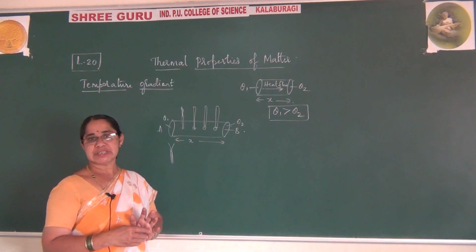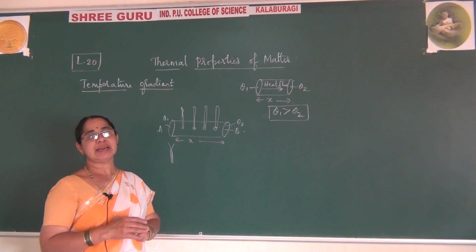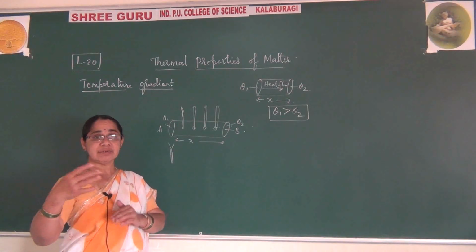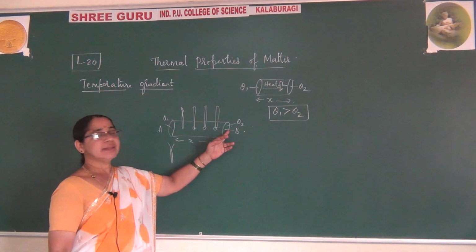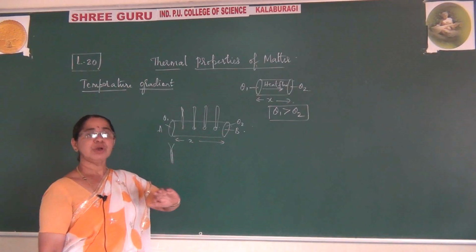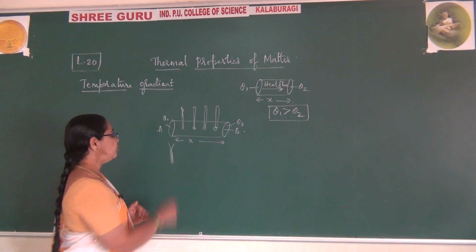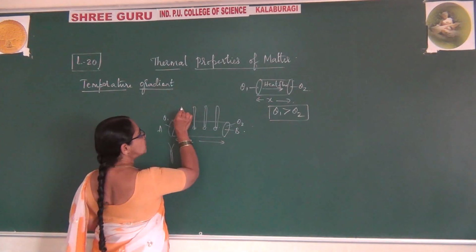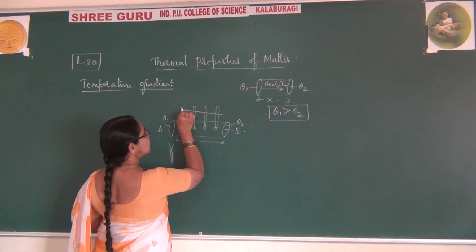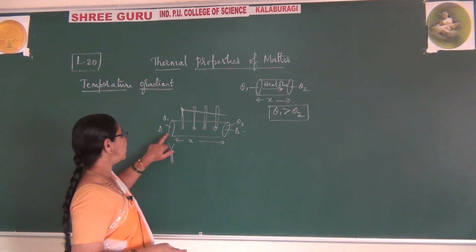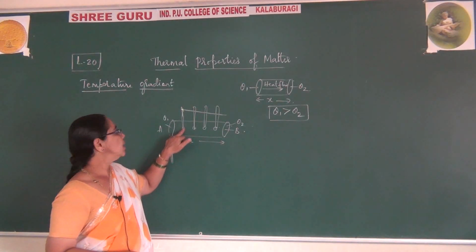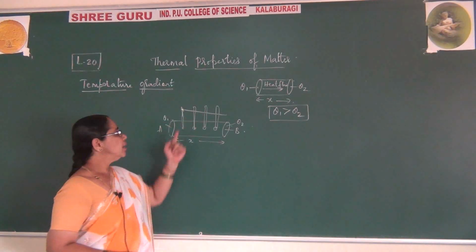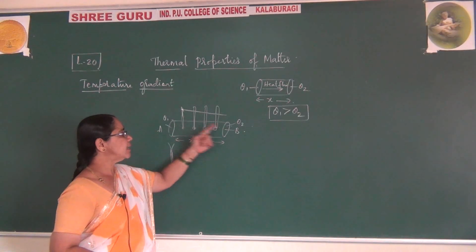The nearer molecules gets vibrated with larger amplitude. They disturb the neighboring molecules, and it continues like this up to the end, and the heat conducts. This you know as the concept of conduction. If you observe, after some time interval when it attains steady state, the temperature here is greater because it is nearer to the A end. And this is slightly lesser because it is slightly far away from A. Again slightly lesser, here again slightly lesser.